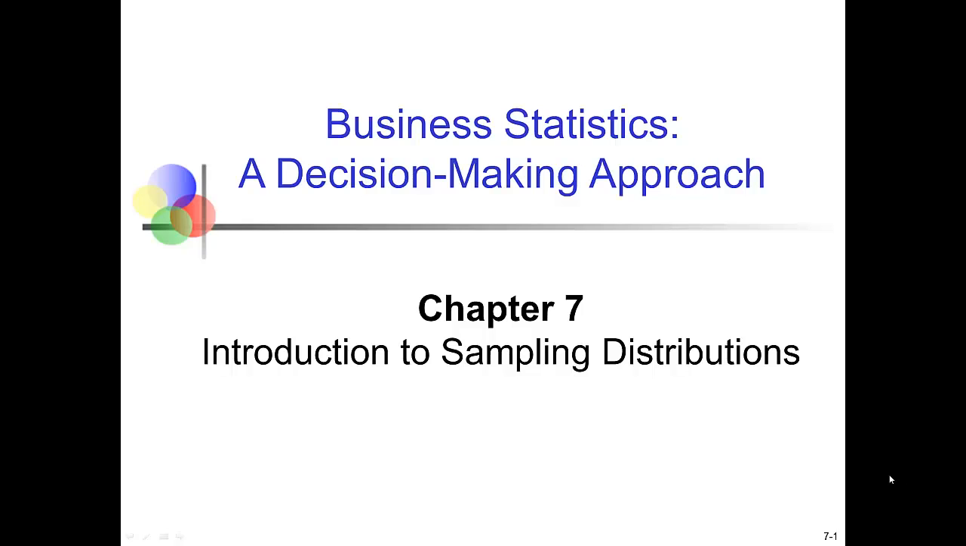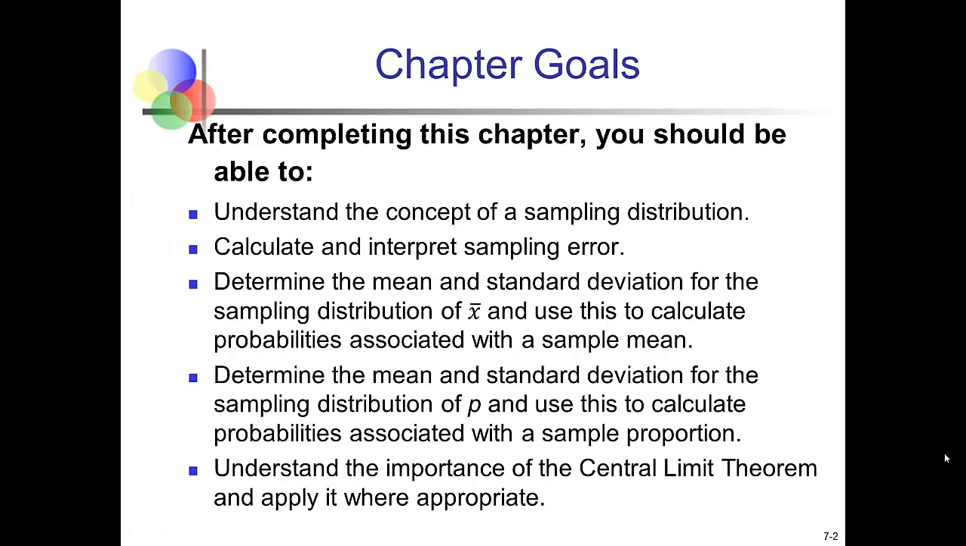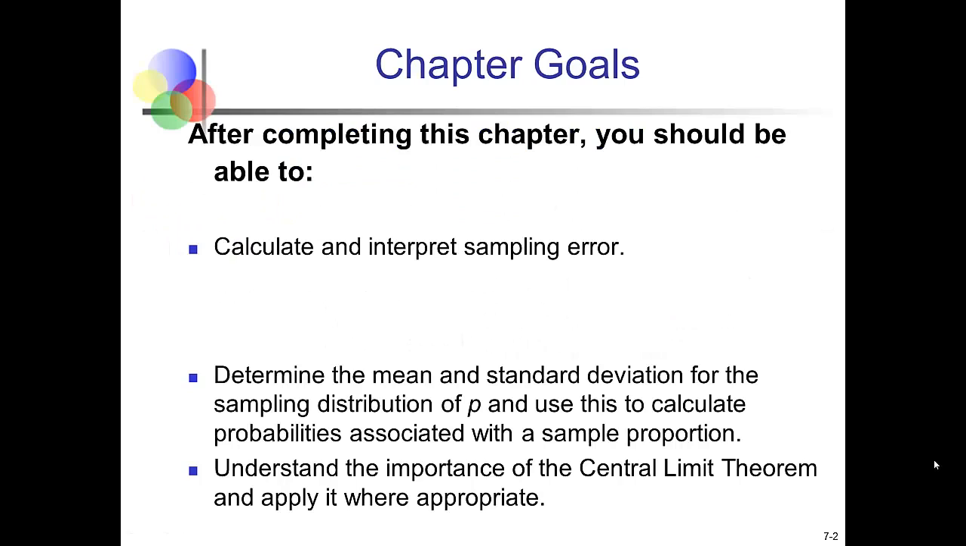This video will cover Section 3 of Chapter 7, where we'll continue our discussion of sampling error. We'll talk about the distribution of the sample proportions relative to a population proportion. We'll talk about the mean and standard deviation of that distribution and use that sampling distribution to calculate probabilities. We'll also talk about the central limit theorem again and where it's appropriate to use that with regard